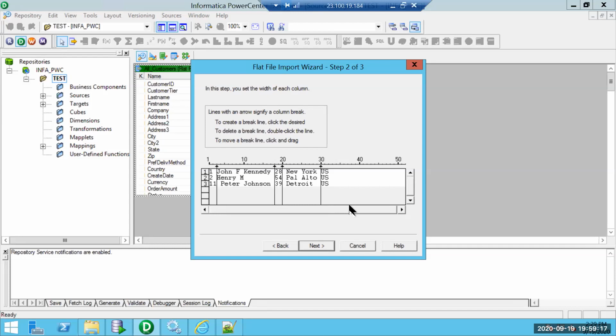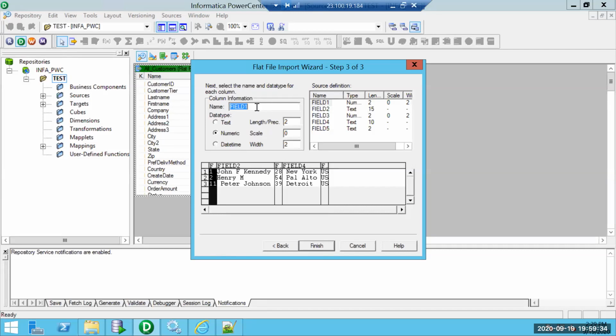So this is how to create a break line. I have created a break line rather than providing the lengths manually. You can provide them also, but you can use a column break based on whatever is visible. So my first name is employee ID. I am giving employee ID. The length is 2, and it recognized it as numeric.